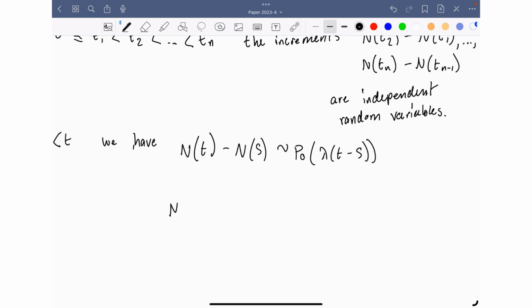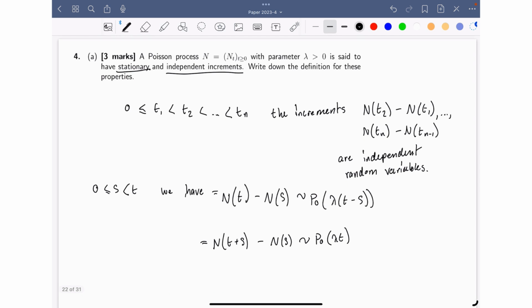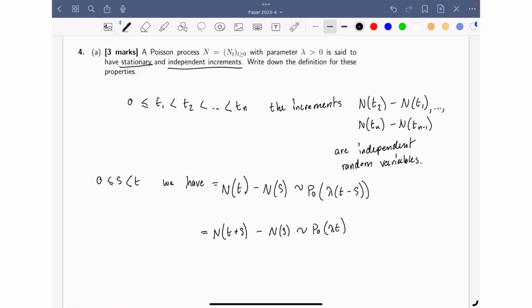You can do N(t plus s) minus N(s). I think this is seen in other notes. This is the one that we use in ours, but they are exactly the same. So yeah, very straightforward